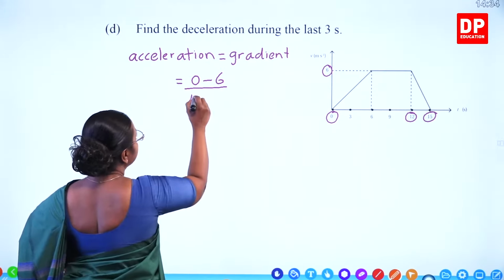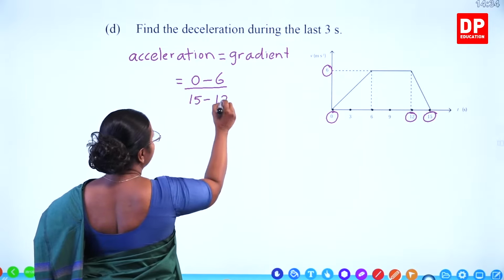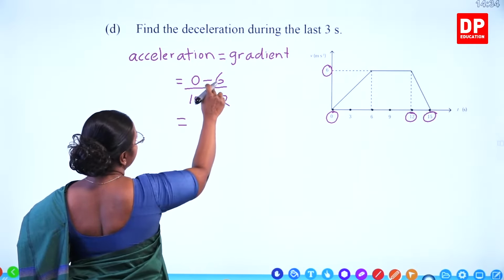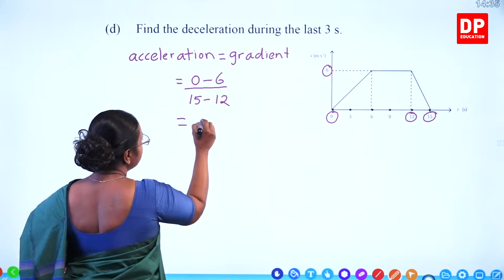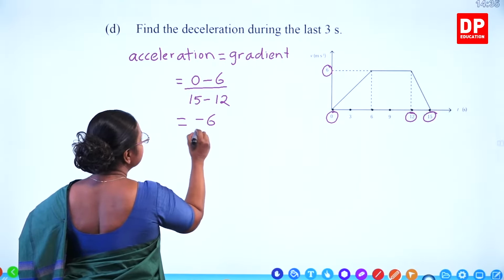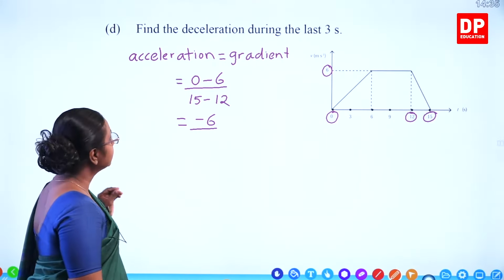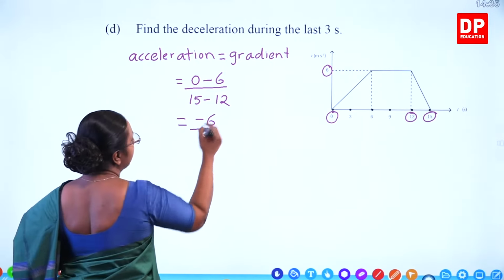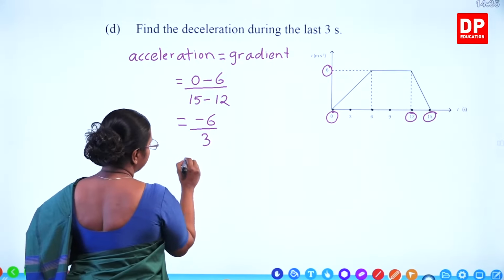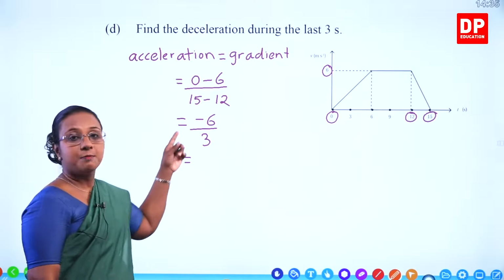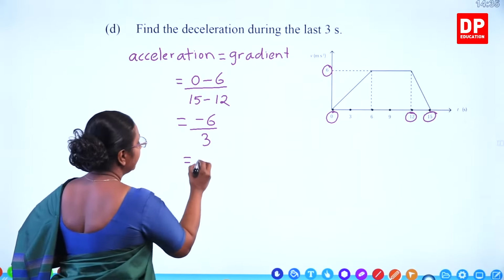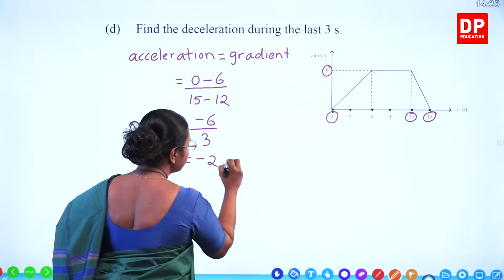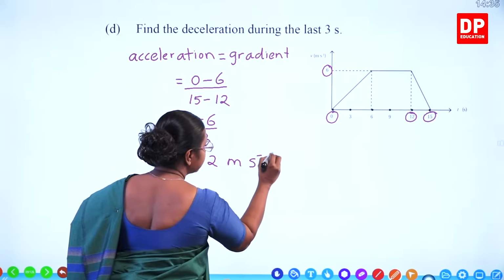So, 15 minus 12. When you subtract 6 from 0, you get the value as minus 6. Minus 6 is the value. 15 minus 12 is 3. So, when we divide minus 6 by 3, we get the value minus 2 meters per second